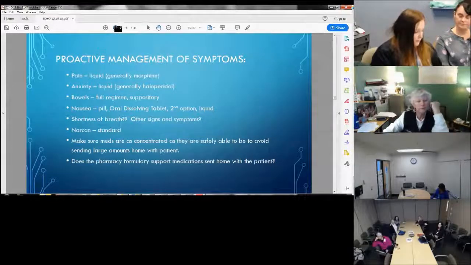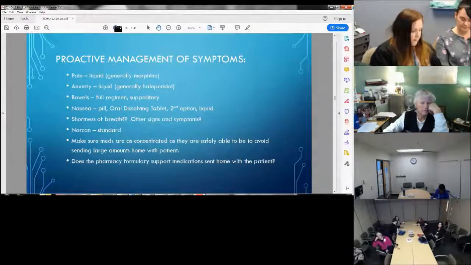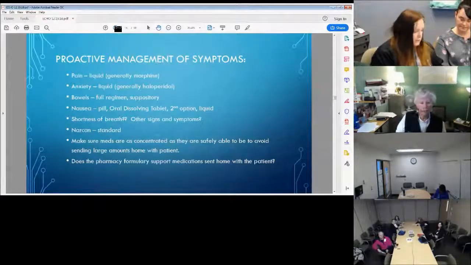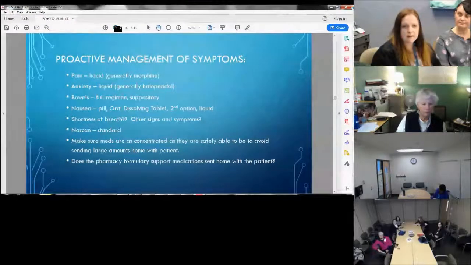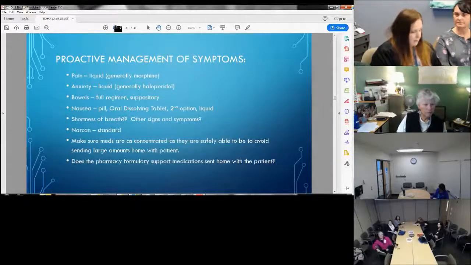It's also, anytime we have those pain medications, we want to make sure that they have a bowel regimen. And then again, with those side effects, nausea, make sure they have a good toolbox to manage nausea and shortness of breath. And one of the other things on managing these symptoms is also talking with the village health aide about symptoms that we are expecting this patient to have and how comfortable they are managing it and what medications and resources they have available if they feel like they're kind of stuck on managing the symptoms.